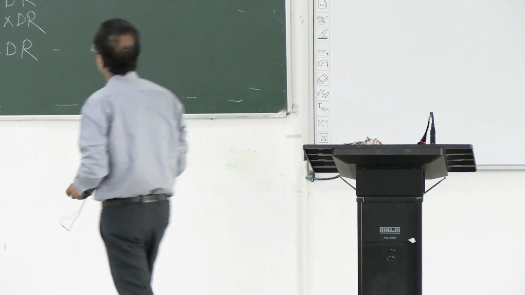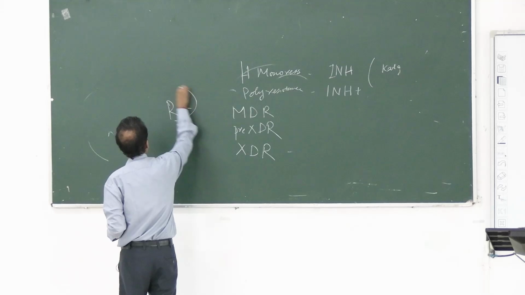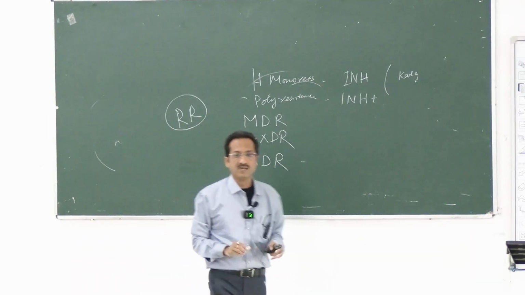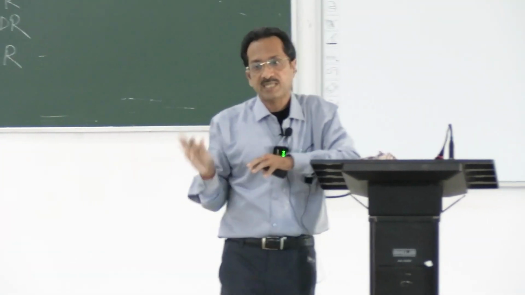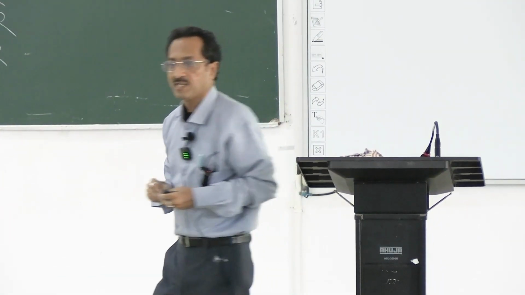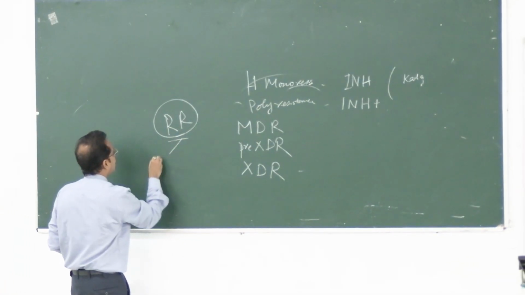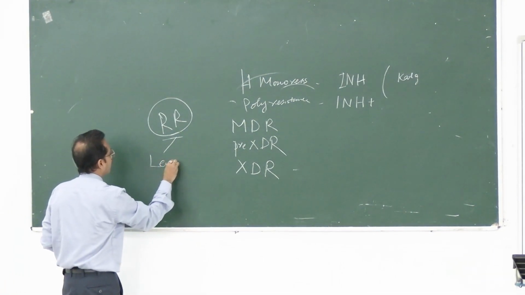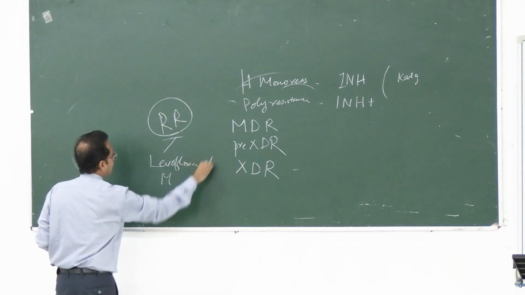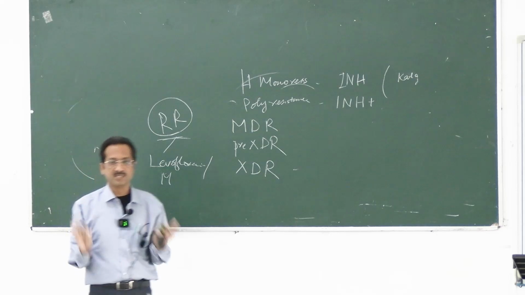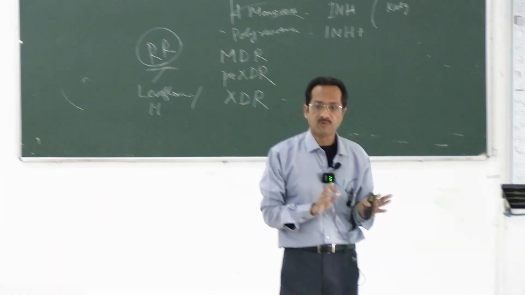Then another is rifampicin resistance, that is resistance to rifampicin only. So other than rifampicin, all other drugs are given. Now what is given for rifampicin resistance? Usually one quinolone is added, either levofloxacin or moxifloxacin. Other three drugs remain the same. So levofloxacin or moxifloxacin is added in case of only rifampicin resistance, that is not resistant to INH or other drugs. So you can use only one quinolone.